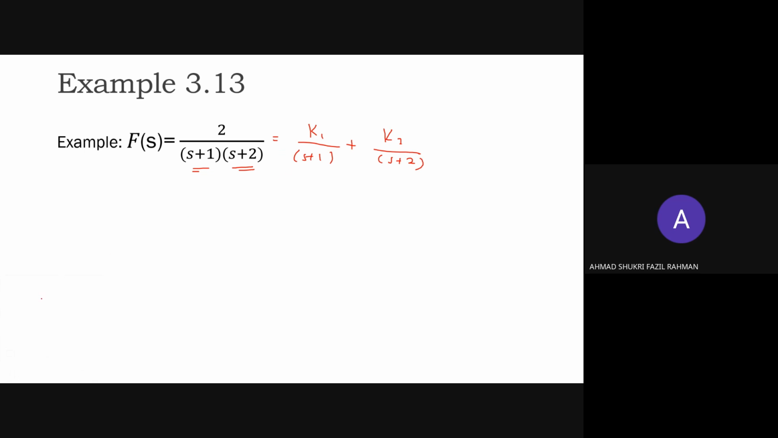So you can see here, this is F(s) equal to K1 over S plus 1 plus K2 over S plus 2. So this is the complete equation between here and also here. Okay, so we can start by finding